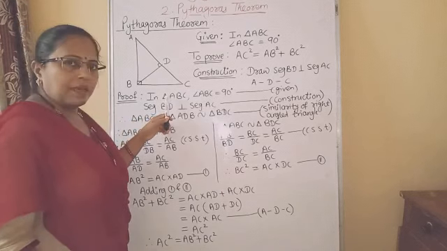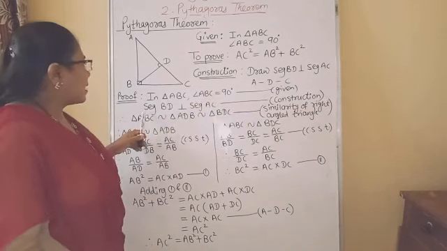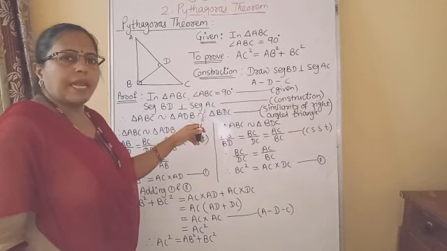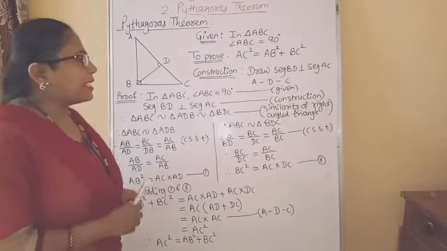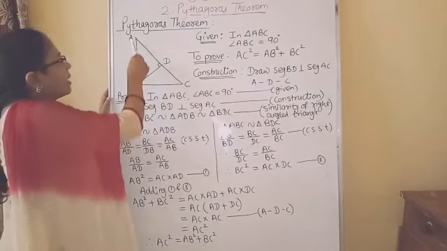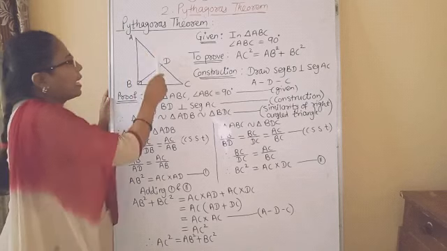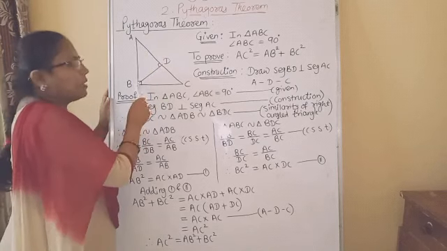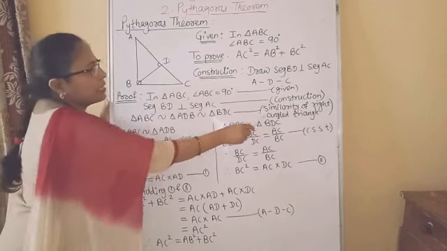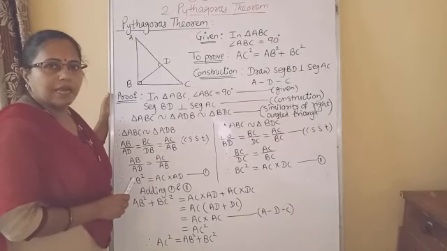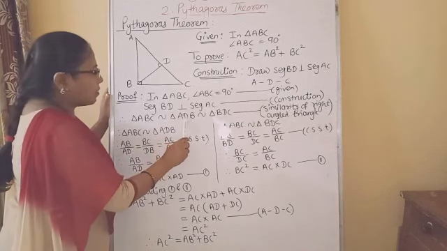In triangle ABC, angle ABC is equal to 90 degree, which is given. Segment BD perpendicular to segment AC, that we made in the construction. So by similarity in right angle triangle, we will get triangle ABC similar to triangle ADB similar to triangle BDC, and the reason is similarity of right angle triangle. Okay. Now from these three triangles, we will take the first pair.